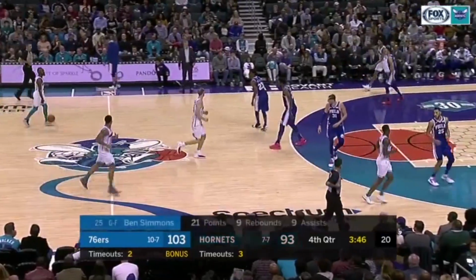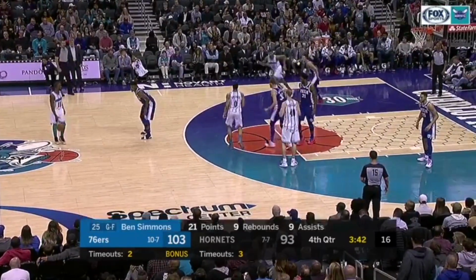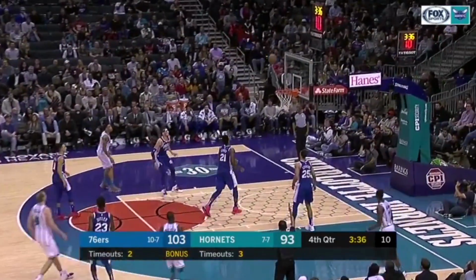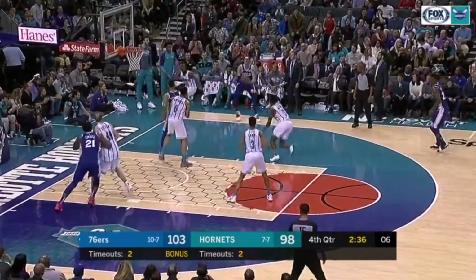The Hornets need some points in a hurry, and a simple flare screen catches Jimmy Butler sleeping. Embiid doesn't know what's happening until it's too late, and it's a lick my thumb and check the wind, I'm so wide open 3-pointer. A 5-point lead with under 3 minutes to go should be manageable for the Sixers, but